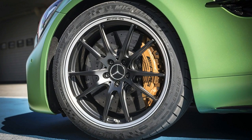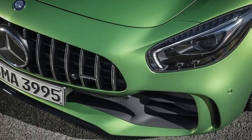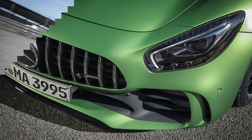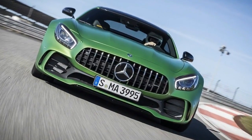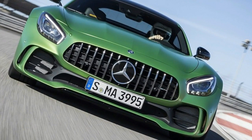Now, out in the real world, comfort is certainly a relative term. The GTR won't beat you up as much as other track-focused cars, or that other GTR, but bad roads are still jewelry, and being mindful of road undulations is an absolute must to keep the aerodynamic underbody uncrunched. Yet, the real world does provide a better chance to showcase another advancement for the GTR, AMG's first application of